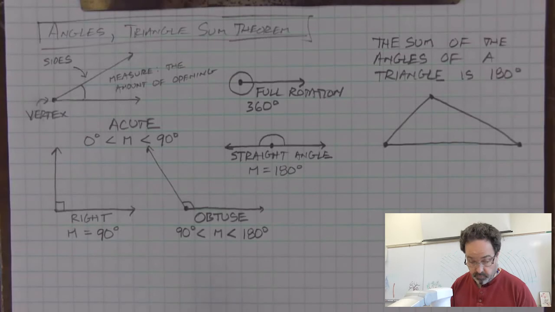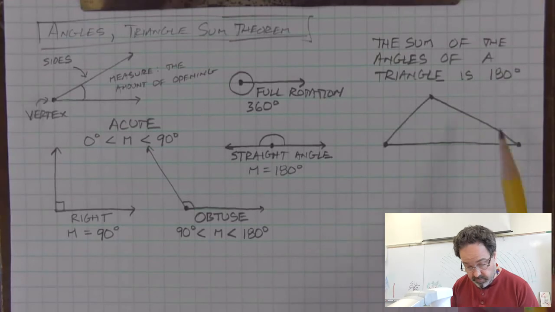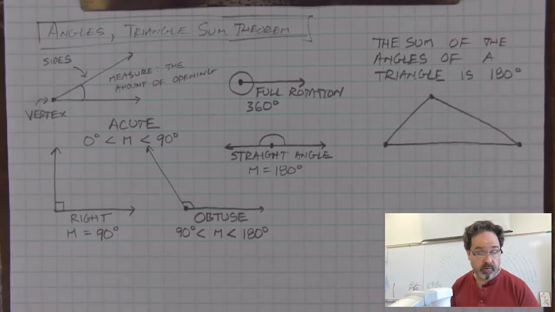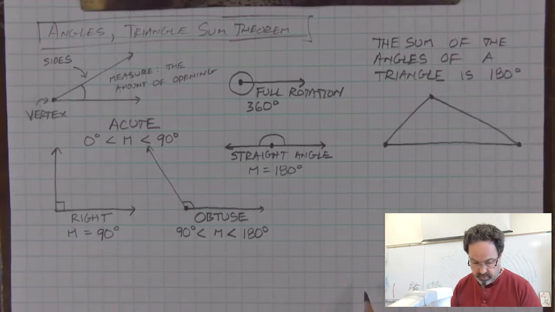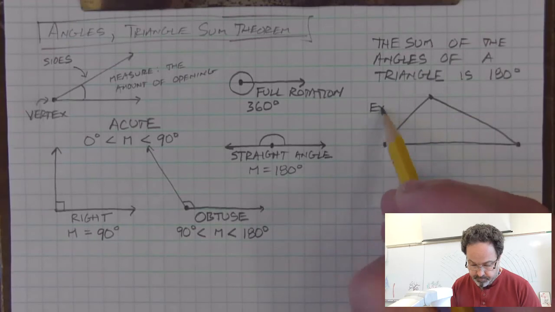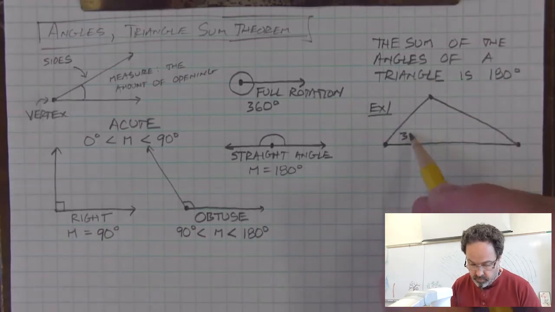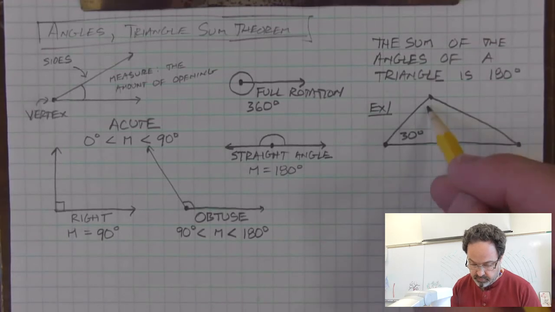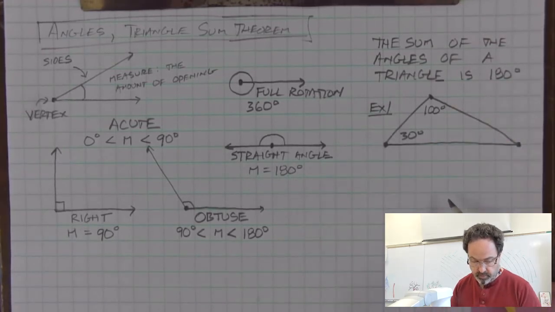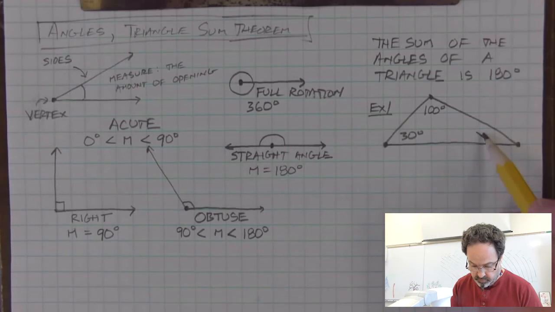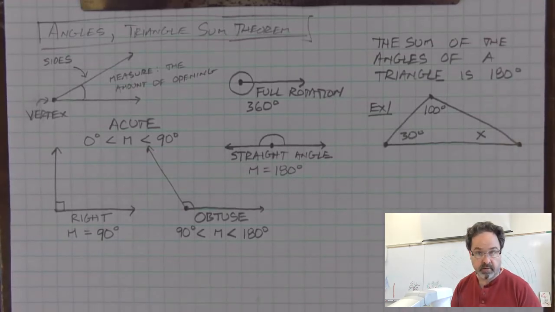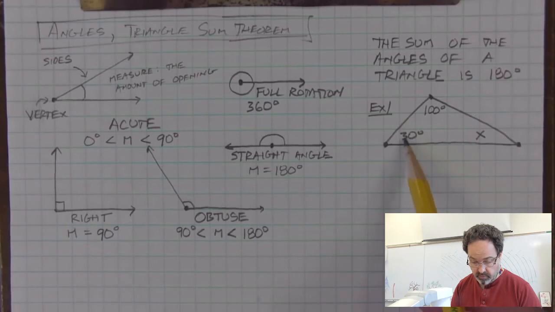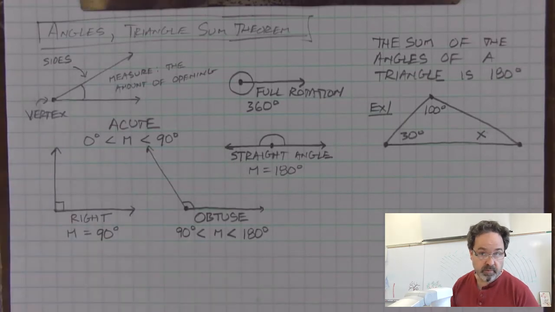Every triangle, if you add up the 3 angles inside of it, then you're guaranteed, no matter what individual measure the angles are, the sum of all 3 is 180 degrees. It always works. So for example, if we had this triangle and we knew a measure of one angle to be 30 degrees, one to be 100 degrees, and we didn't know the measure of the third angle, we could say it had a measure of x. We have an obtuse angle and an acute angle, but we know that if we add these 3 angles together, it's guaranteed to be 180 degrees,